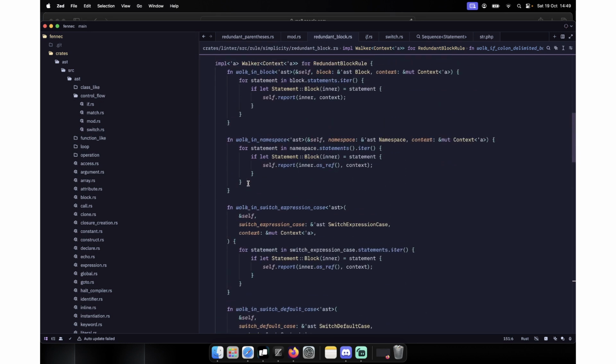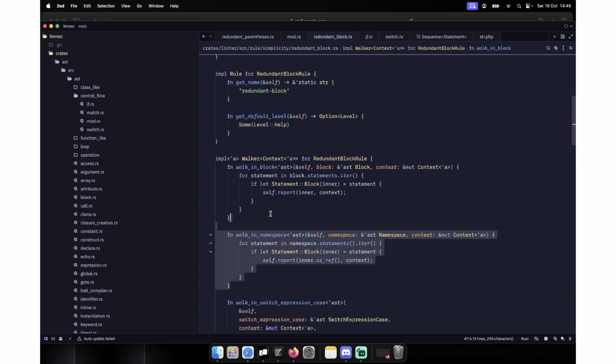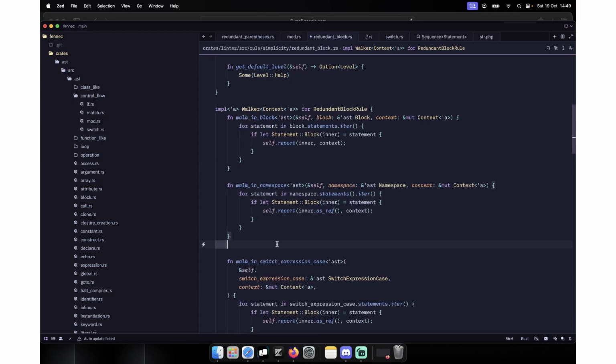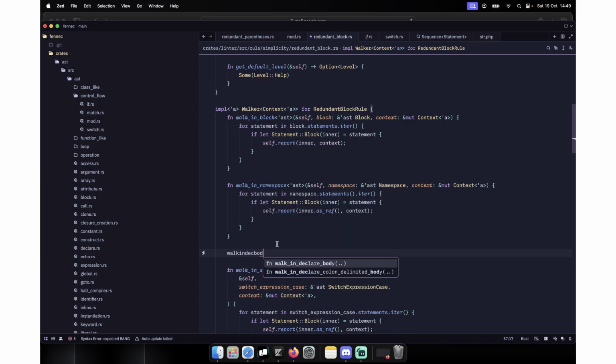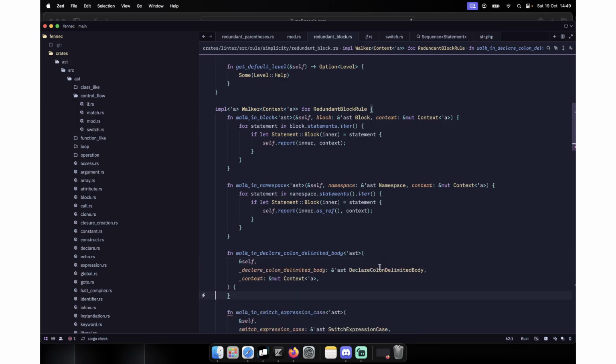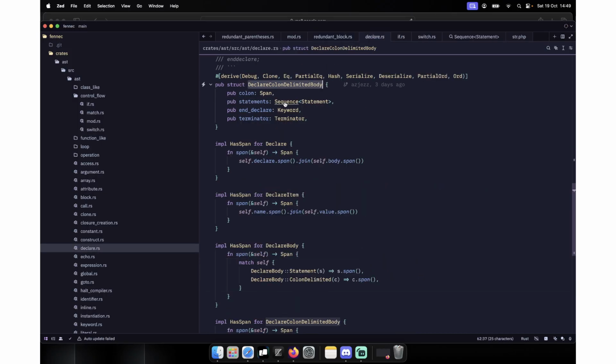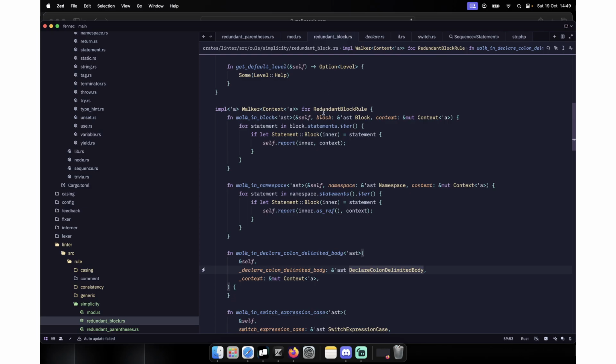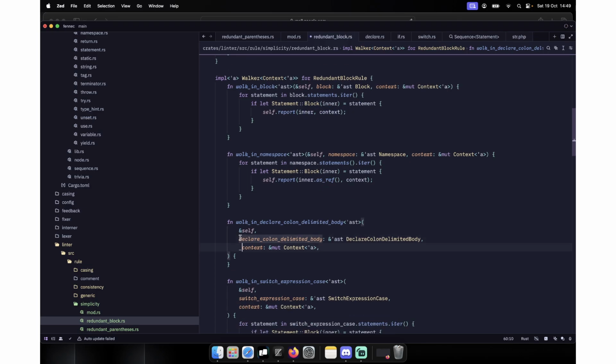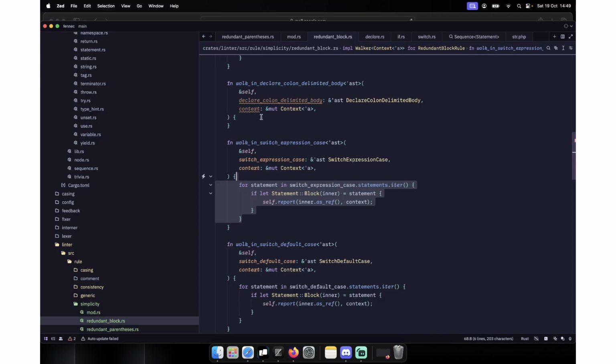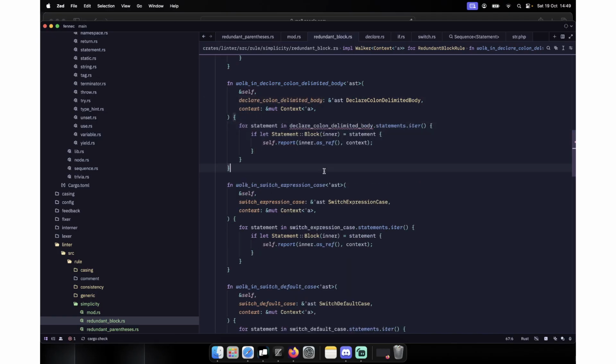Another case that we forgot to cover is declare. That to walk and declare body. Yeah, it's column delimited body. That's statement. We had node itself, so